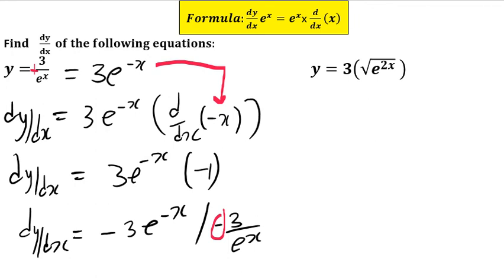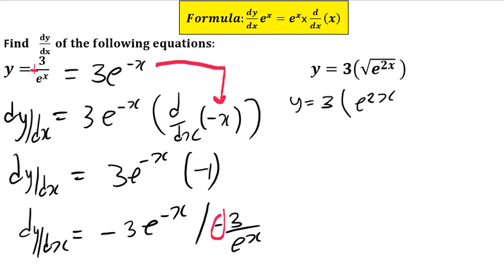Okay, so now for this example right here, you're going to say y equals to, then you simplify. Remember that? Before solving anything, you simplify. Okay, so for this one, you're going to say 3 into, let's change this. Remember what I said? The square root is like a half. So you're going to say e to the power of 2x,